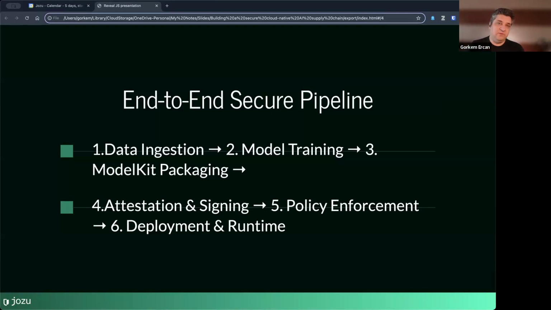This talk doesn't really cover the data ingestion part. And then you do your model training, and then the next thing that happens is you do your packaging. In here, we are going to talk about packaging your AI/ML artifacts as model kits. And because of the properties of the model kits, we will be talking about attestations and signing. And using these attestations and signing, we're going to talk about policy enforcement, and eventually deployment and runtime.